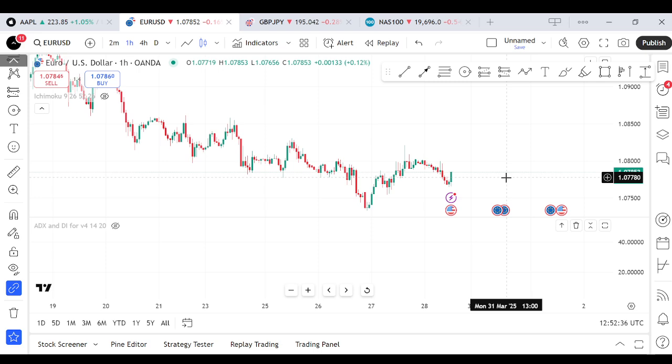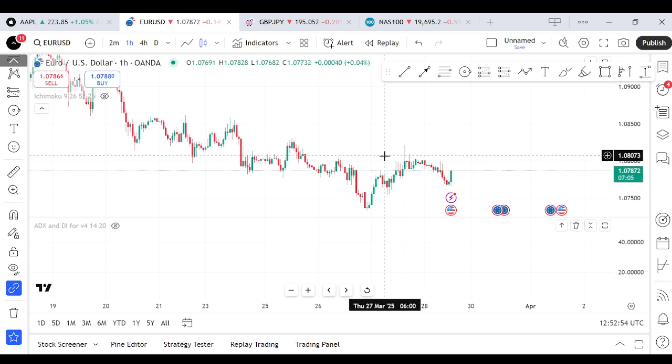make smarter trading decisions. In today's video, we are going to be talking about the powerful Ichimoku ADX strategy, which is a comprehensive approach that combines the visual strength of the Ichimoku Cloud with the trend confirming capabilities of the average directional index. This strategy will transform how you identify strong trends, find optimal entry points, and manage your trades